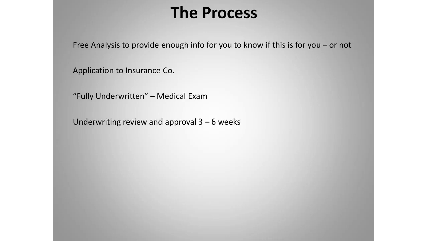All of the medical information and the application information will be submitted to the insurance company's underwriting department for review. The approval process is usually completed within 3 to 4 weeks, sometimes up to 6. There are instances where the review process takes a little bit longer depending on the situation. Once you're approved, you will choose a date for the first automatic premium payment if you're set up on a monthly program, or they will process the check that you send in after the policy has been approved. The policy is effective when they process the initial premium payment.